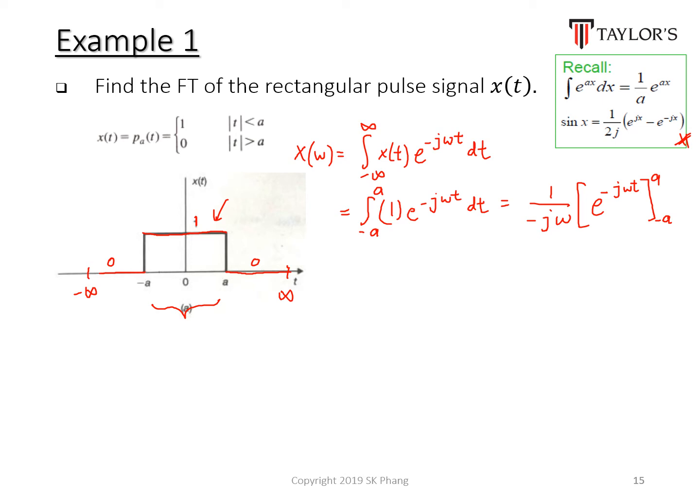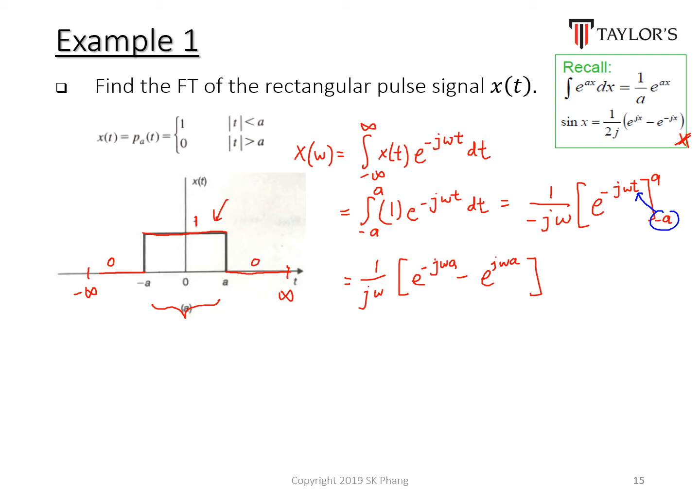Alright, any problems here? No problems, right? And now if we substitute the limits into it, e 1 over j omega, and this is e of negative j omega a minus e of j omega a, because now you substitute a negative a into t, and negative with negative will give you positive here,